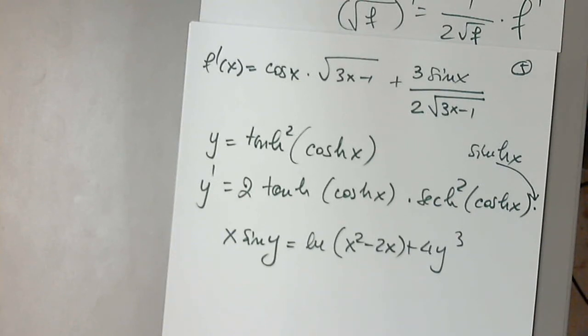Sine y plus x cosine y dy over dx equals 1 over x squared minus 2x times the even function prime, which is,